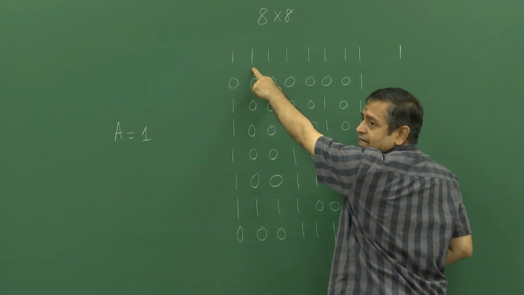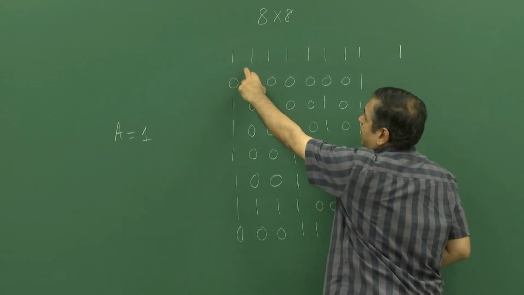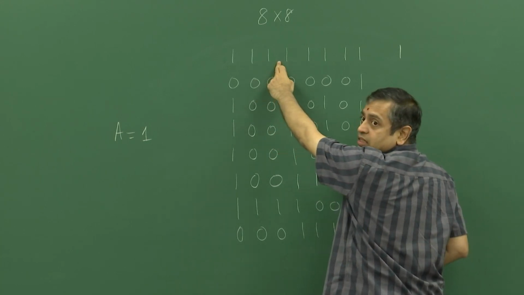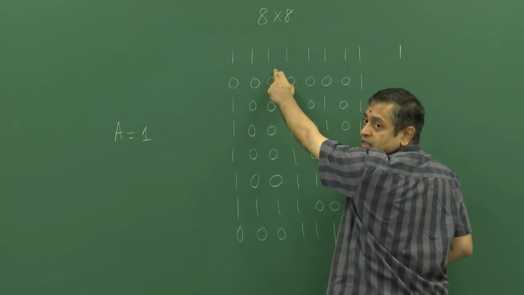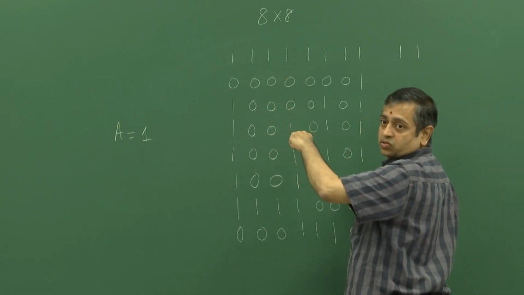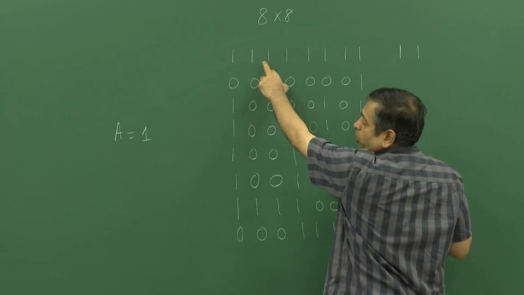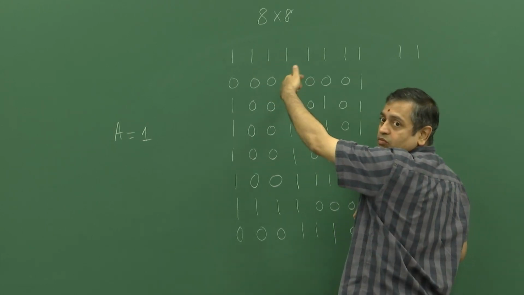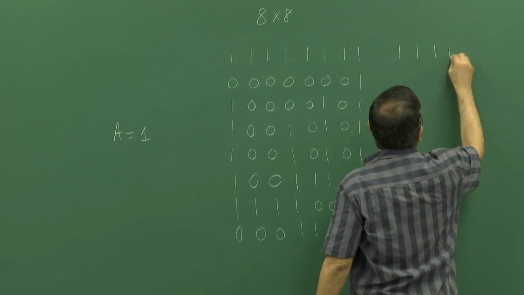Now, I go to the next site and I look to the bottom and to the right. So, there is 1. So, cluster 1 is here also, and I keep doing this. I look to the bottom, to the right, and I see that every time there is 1. So, all of this